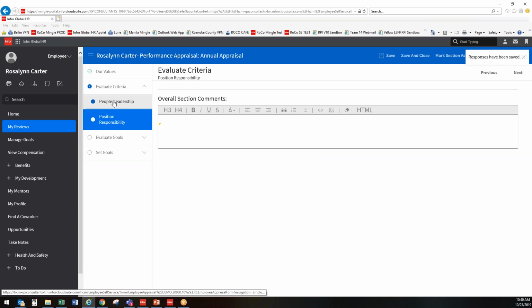So everything under my people leadership section, I think those were my user-defined criteria. I must have picked a person that doesn't have any position responsibility set on them, so it would appear similar to the people leadership section. I'll have to double check. I thought she did have some responsibilities. And then